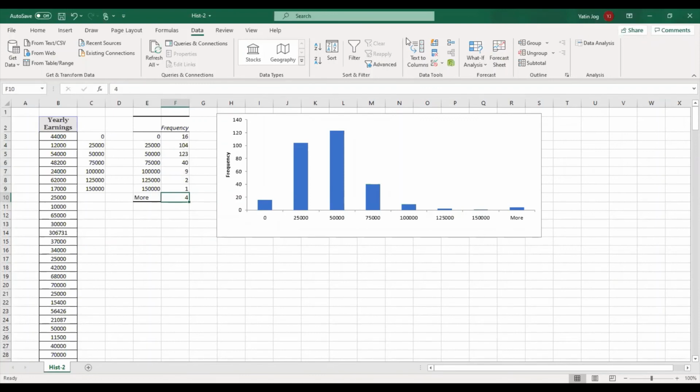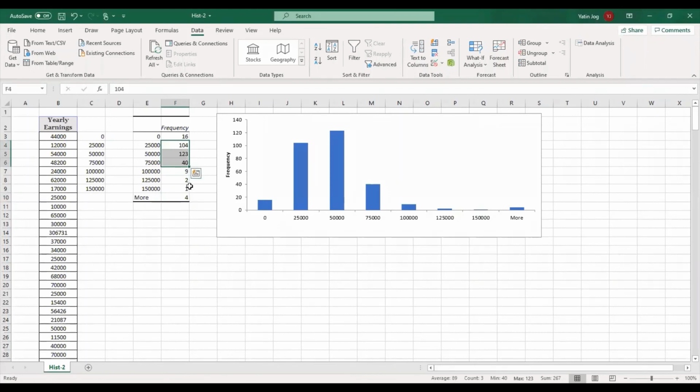So the 4 observations which are above 1,50,000 are kind of misfit for representation of my data, because my maximum data is concentrated between the values 25,000 to 75,000. So that becomes common behavior of my data, that my data points are majorly between 25,000 to 75,000. If I take the total, it comes as 267.